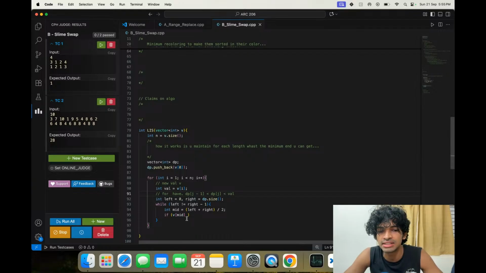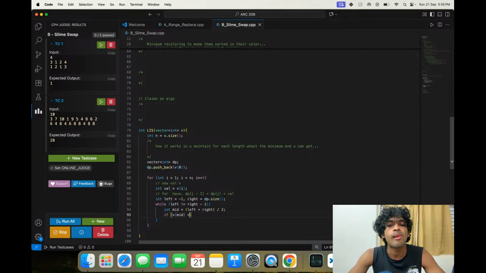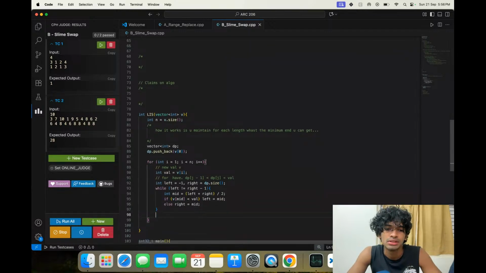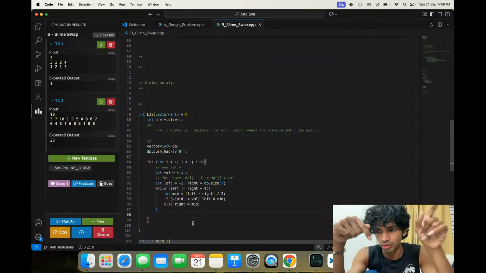If j is less, I will make it 0. Let me keep it minus 1. If v of mid is less than val, then left equals mid, else right equals mid. So what happens? It knows what are all less than this.